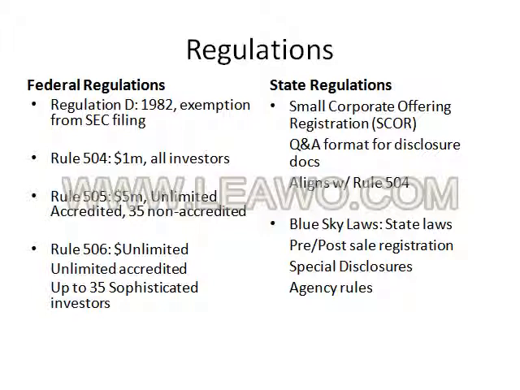It comes in three different forms. Rule 504, which is offerings up to $1 million and all types of investors. Rule 505 is an offering up to $5 million with an unlimited amount of accredited investors and up to 35 non-accredited investors. Rule 506